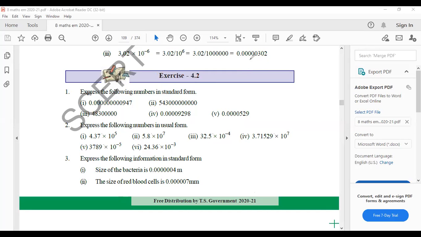In 4.2 there are two concepts. One is called the standard form, and the other is called the usual form. These two concepts we have to know first of all. What do you understand by usual form, and what do you understand by standard form? The usual form is nothing but the general form. Standard form is nothing but